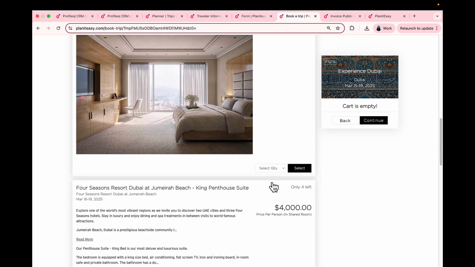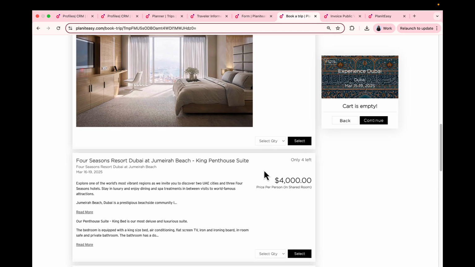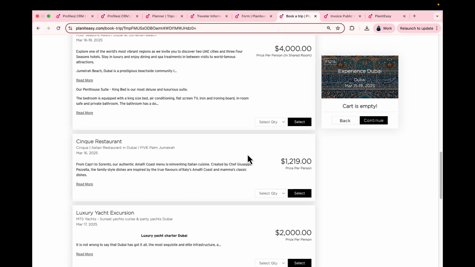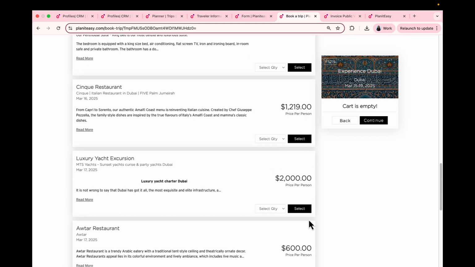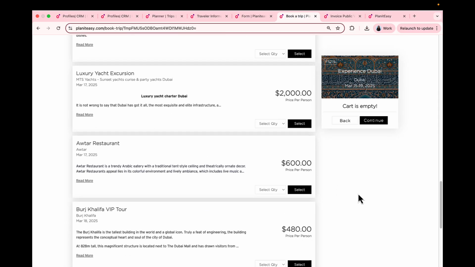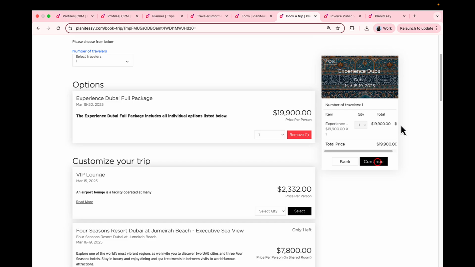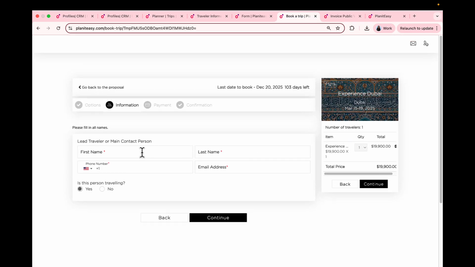Or for example, if you're sending them on a cruise, maybe you want to send the proposal with multiple cabin options that they can select from. So here you can really do with this page whatever you like. You can even add a la carte style activities, or maybe, hey, do you want travel insurance added? So we can select an option, add it to our cart, click continue, and now it's going to bring me